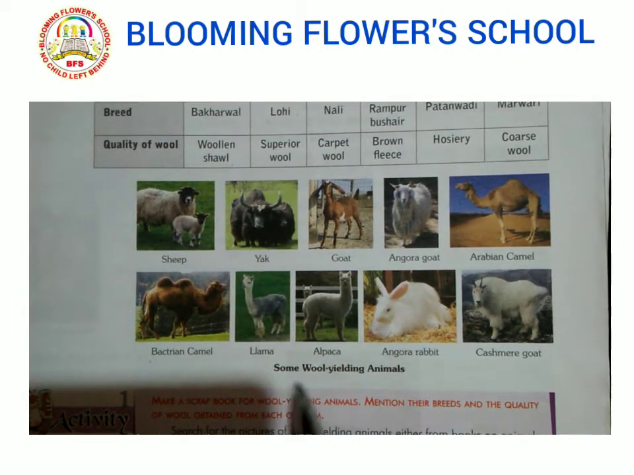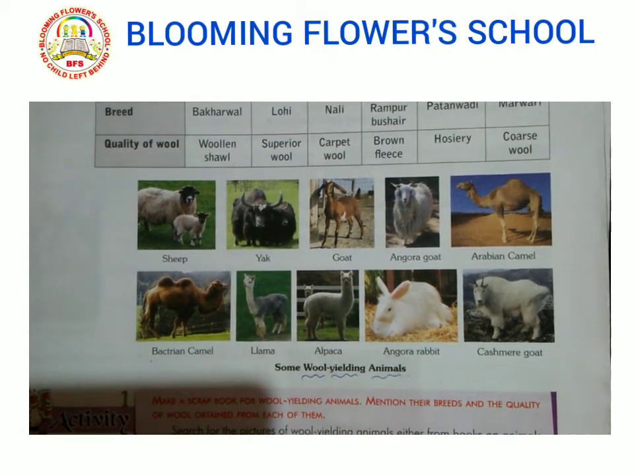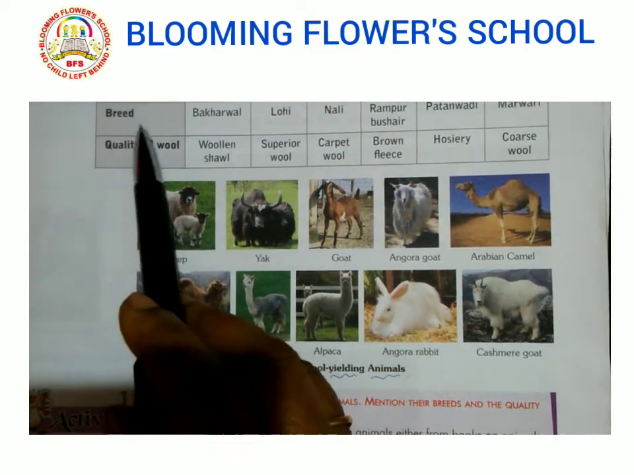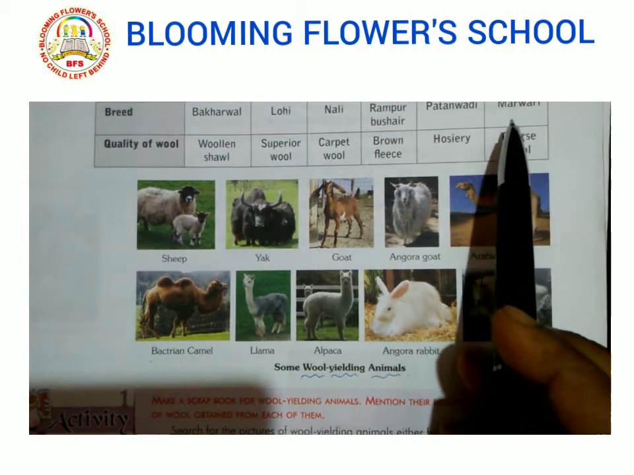So these are some animals. They are giving you what? They are wool yielding animals. Wool yielding animals. And these are what? These are the breeds of different kinds of sheep. Name some